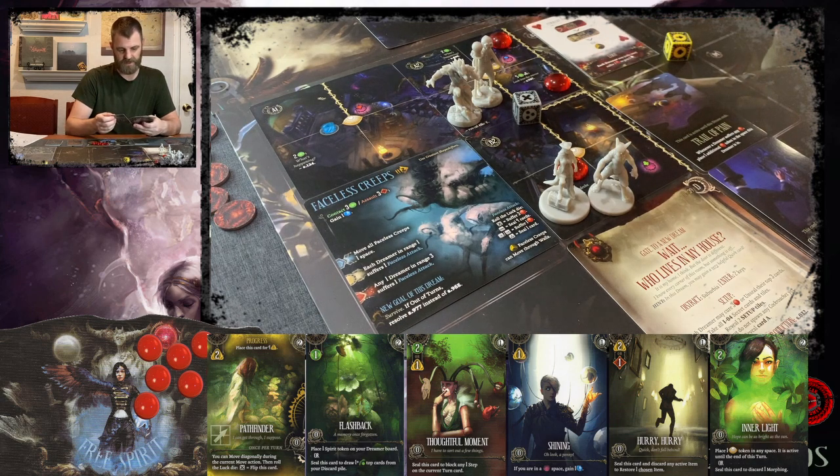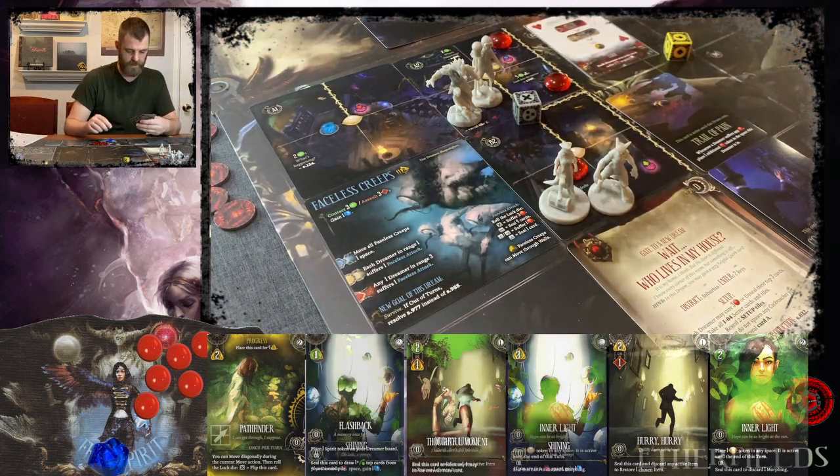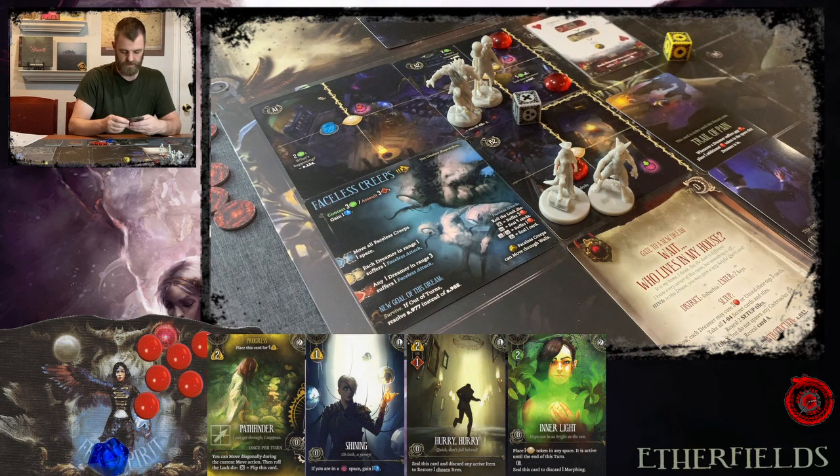Let's try it. So let's use... Okay, what else can we do? Oh. So we can assault 3 to gain a blue gem. Or contact 3. Let's use Thoughtful Moment and Flashback to contact 3. We gain a blue gem from that. Then we are going to use...